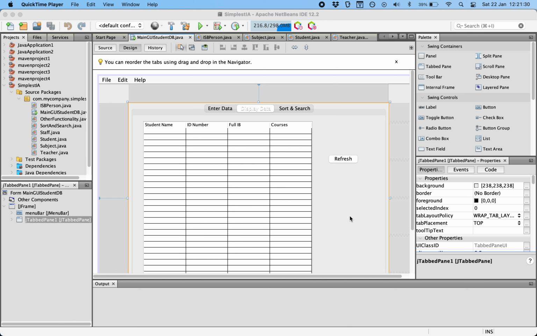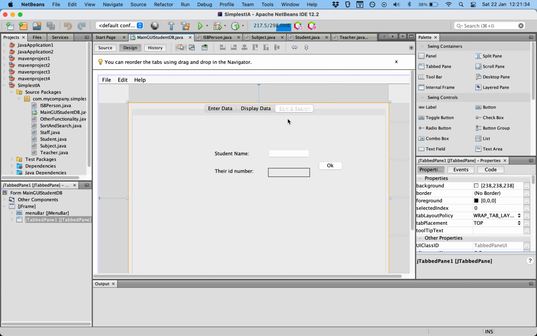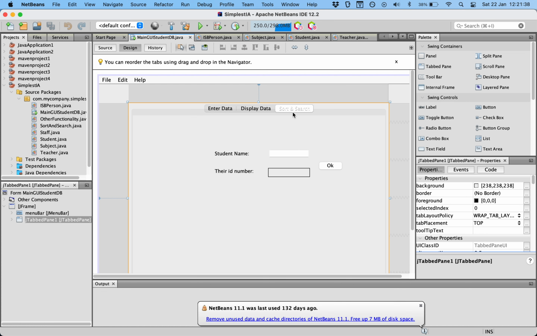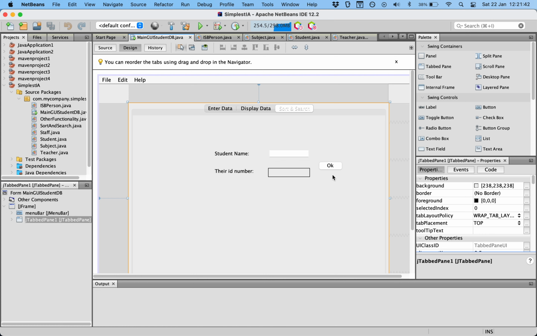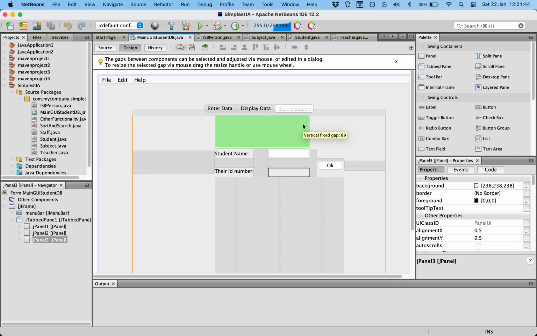Now we'll do a sort. So we've got our search working already, and we've got a tab for both sort and search. It would almost be better to do this on another tab. Maybe I'll do that. So I'm going to make another tab. So over to the swing components, it's going to be another panel